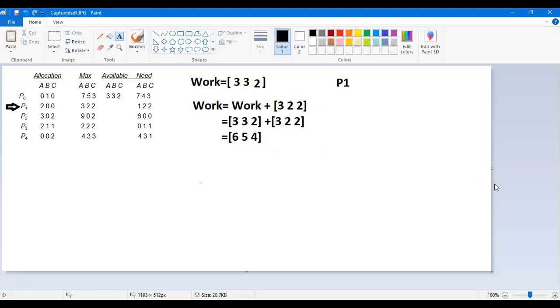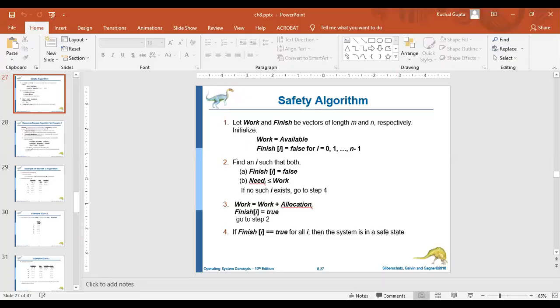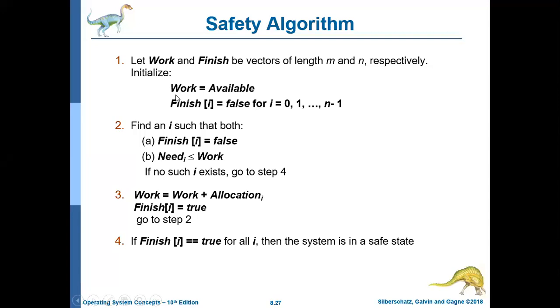Okay. Now check the algorithm once again. Now I am again going to show you the algorithm. Your work is now equal to available. That is okay. Finish[i] equal to false for every process. Sir, repeat that previous step once. Okay, once here I am showing you, then we will go there. First I am writing here finish[i] is equal to false for all the processes. That means we have not executed any process because all the values are false here. First we are initializing like this.